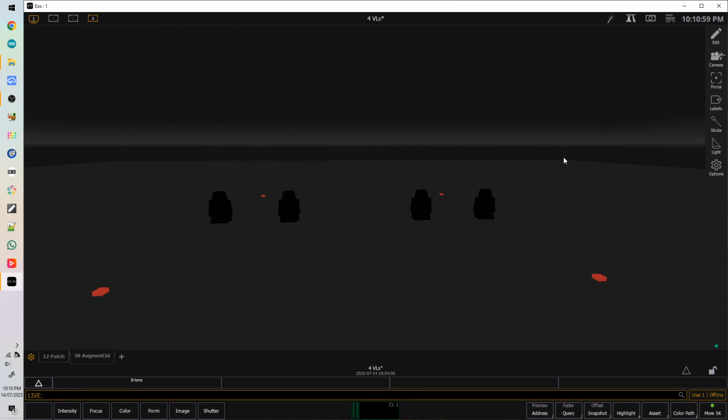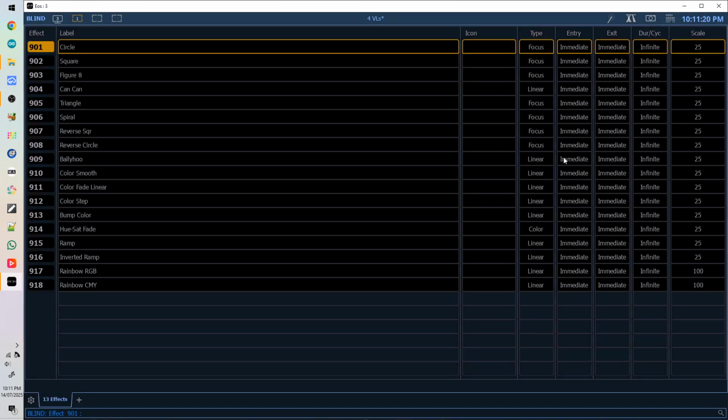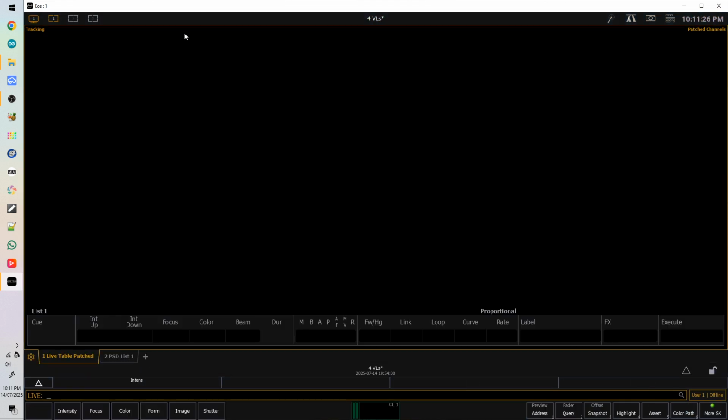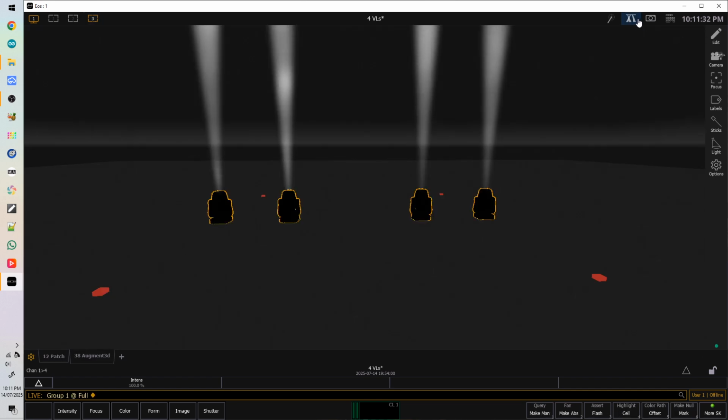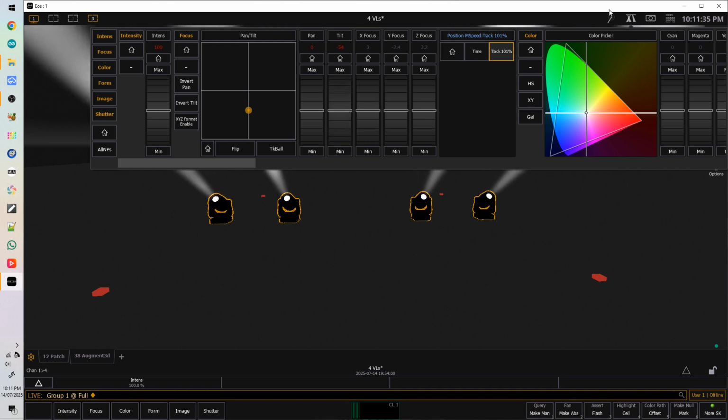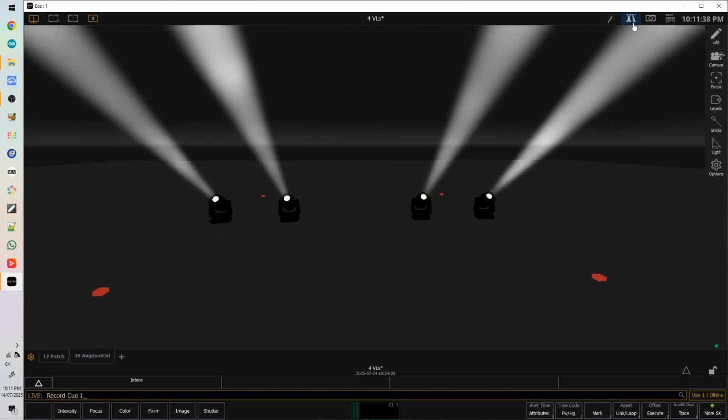So we are going to explore some cool little tricks that we can do in EOS when it comes to making changes to effects in Live, so we don't delve into the effects screen in blind. So let's go ahead and do that. I'm going to grab the fixtures, quickly point them over to us, and store that as raw information in a cue, just so that we have something to look at,